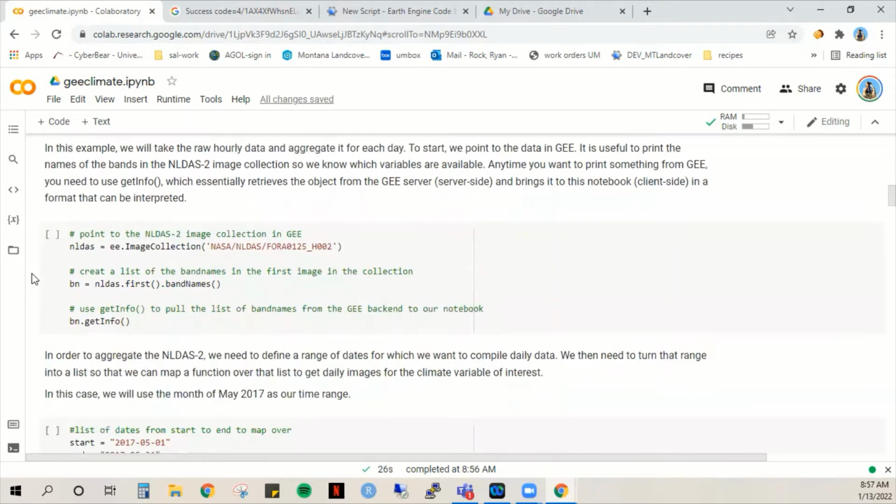And so to start, you need to create a variable that points to the image collection on the Earth Engine server. So this first line is just establishing this variable NLDAS and pointing to where that is stored on the Earth Engine server. And anytime you want to access data in Earth Engine, you use this kind of syntax here. So ee.imageCollection is just saying, find this image collection, and then there's a string of characters for where that's stored